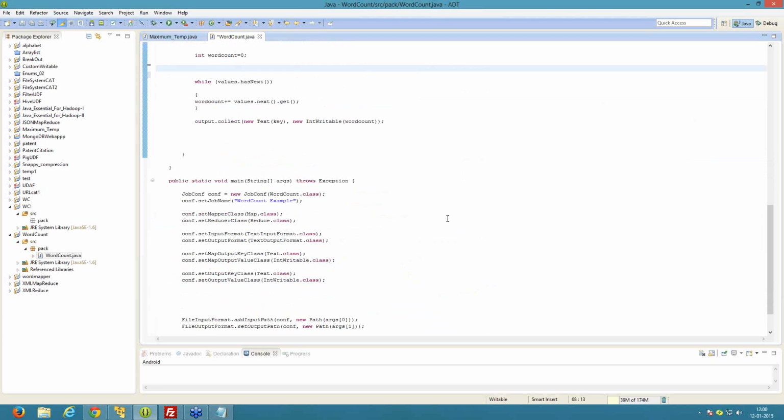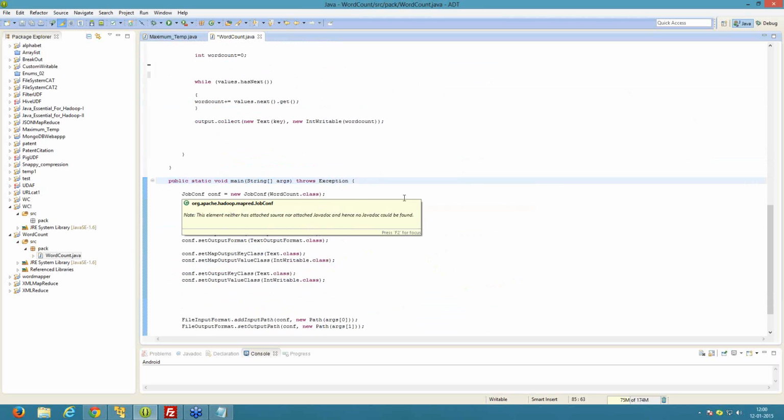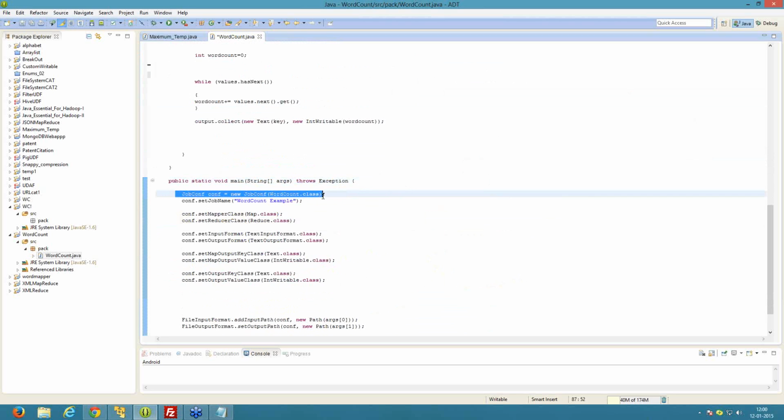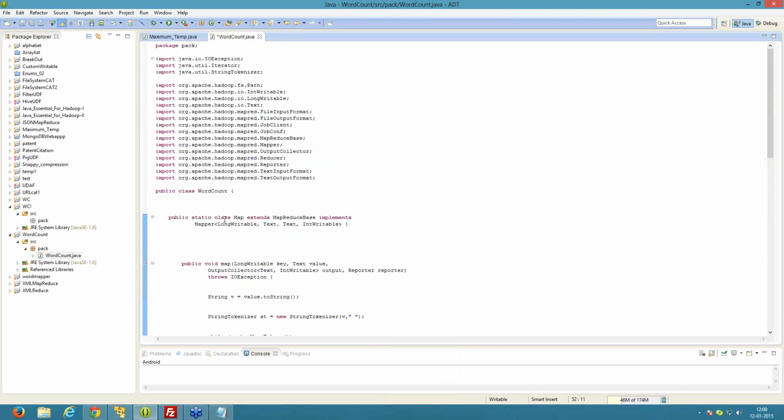So we have to use a driver class that is used to invoke the mapper function and reducer function. Inside the main method, public static void main, that takes a string from the network through IOException, we have defined the JobConf object. Here in this class we have to define all the configuration properties related to the map reduce program. We have used the JobConf object, in which we have passed the main class WordCount.